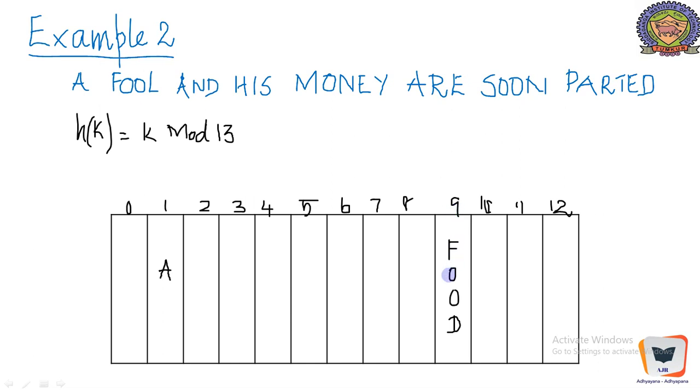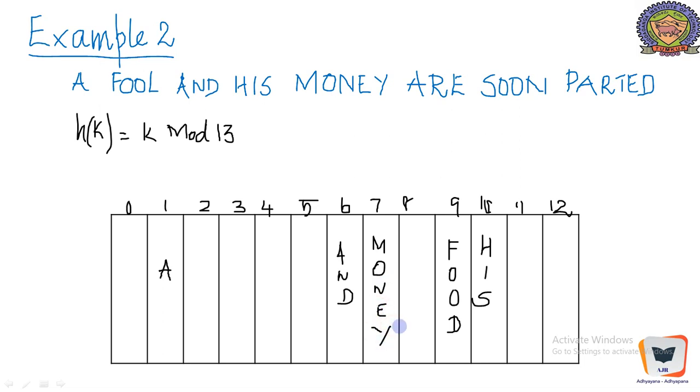Therefore it is inserted over here. And as far as and is concerned, it will go to 6. His will go to 10, his money will go to 7, money will go to 7.